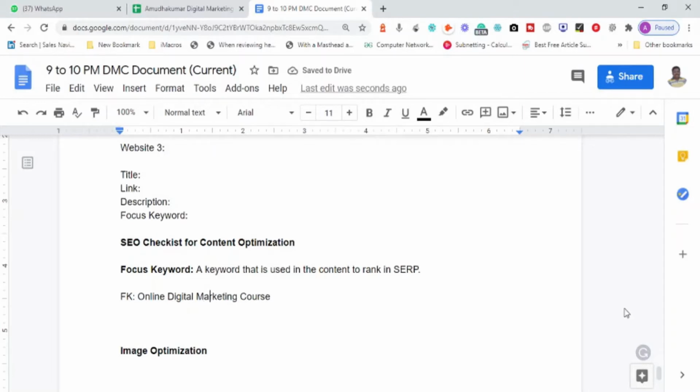SEO checklist for content optimization. Focus keyword, a keyword that is used in the content to rank in SERP. So online digital marketing course, this is the focus keyword. Now, what am I supposed to do when I have this focus keyword to rank better? Checklist number one: the focus keyword must be added in the title,